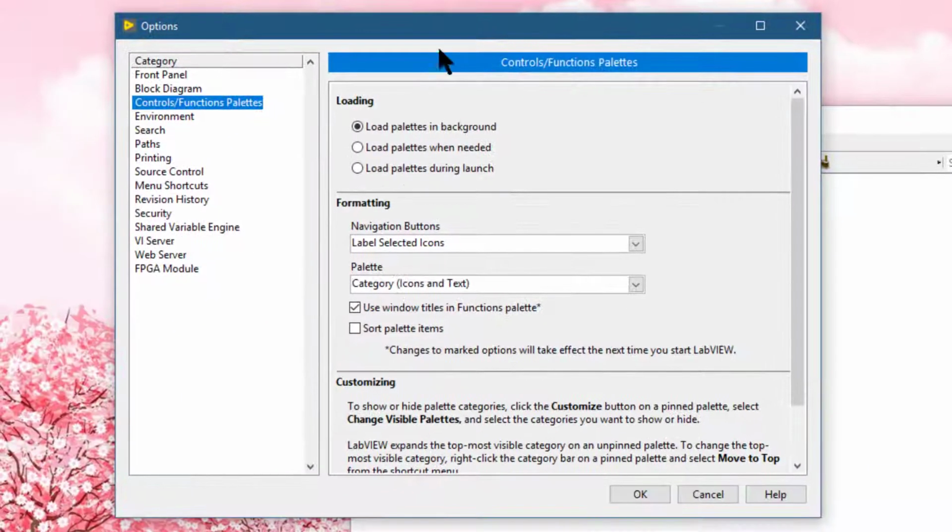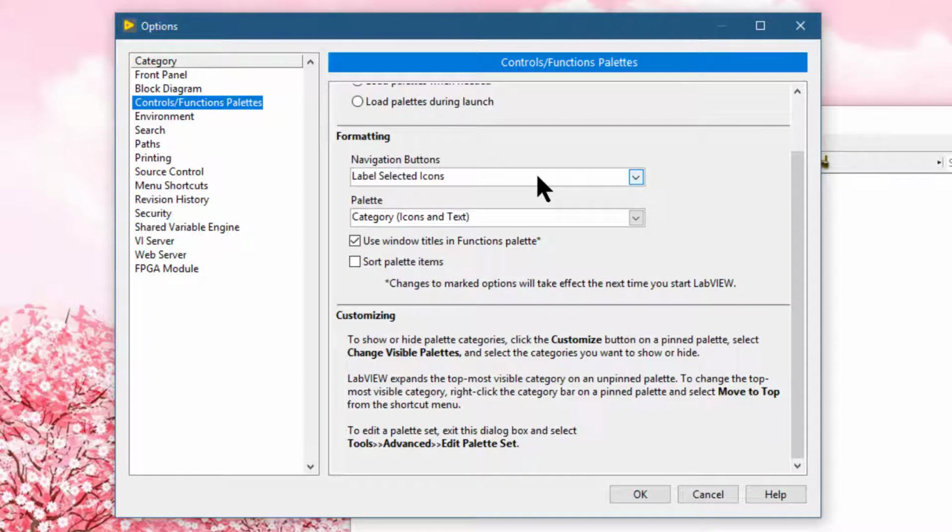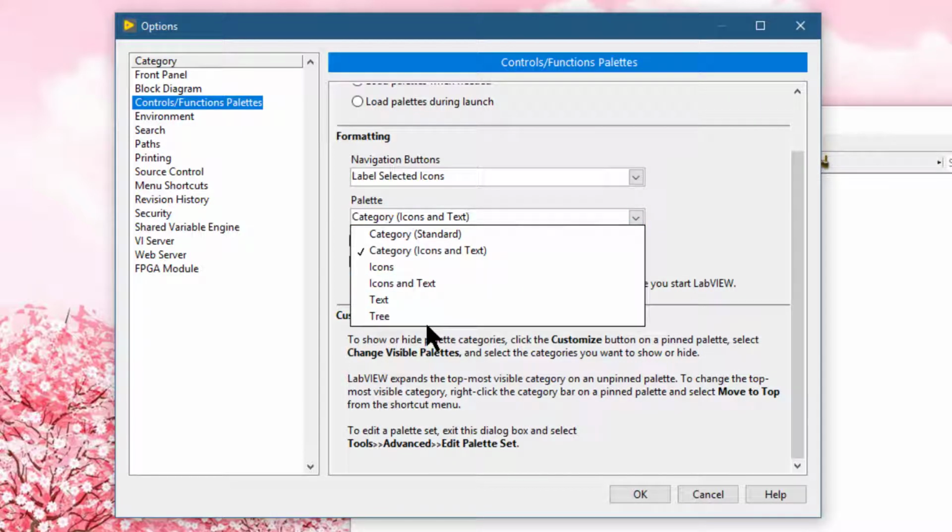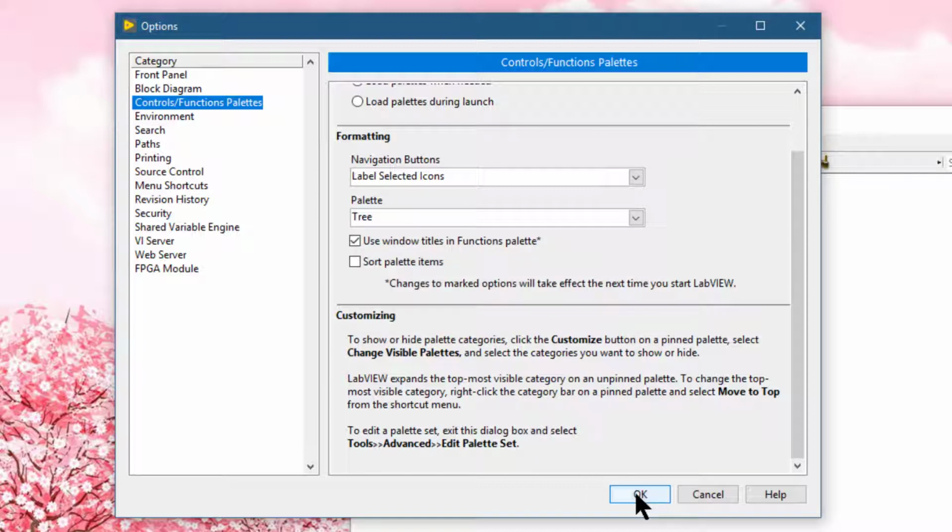You will come to the same place, and from here we can customize how the palettes look, and from here you can select the format for the palette that you want. Suppose we want it to be tree. Now when we apply OK,